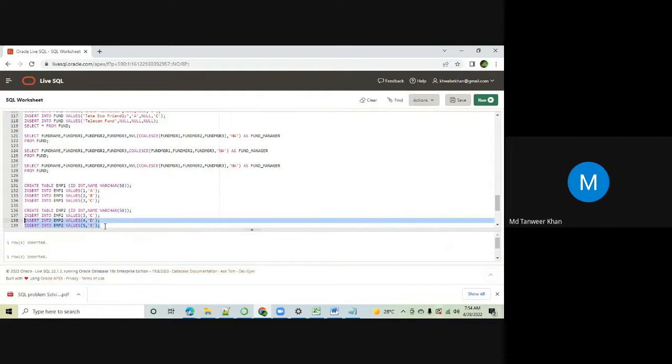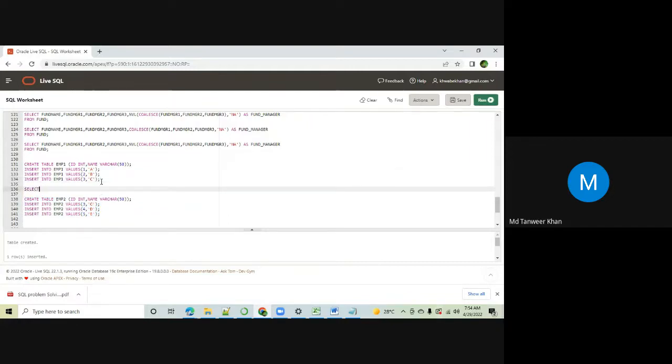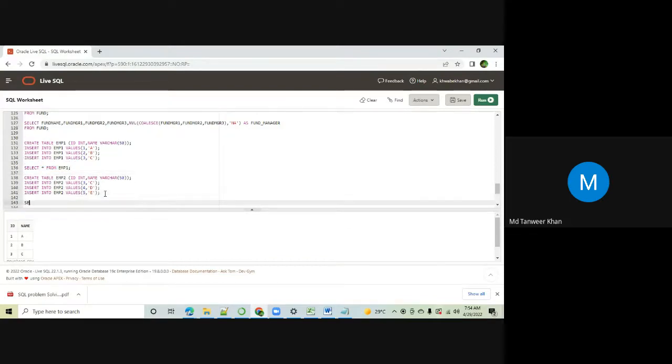Okay, so here I have created two tables, employee one and employee two. Employee one, you have this data in front of you. So the records 1 to 3, you can see that, right? And employee two, you have